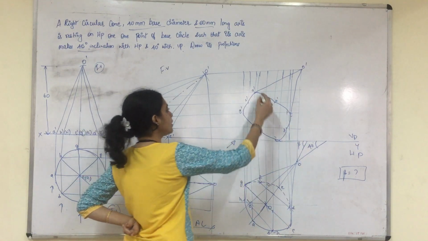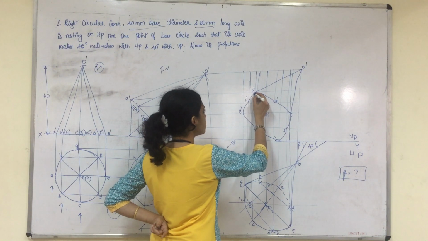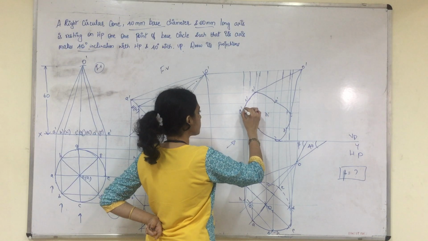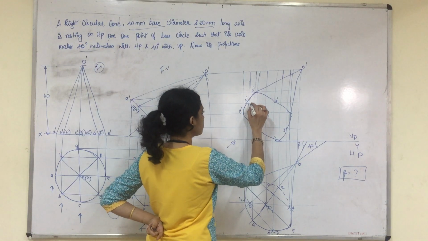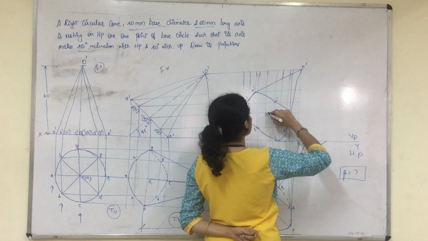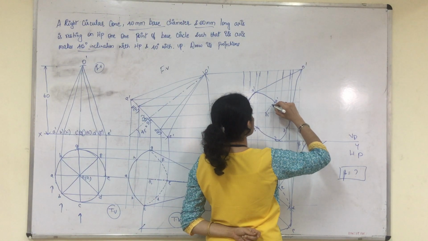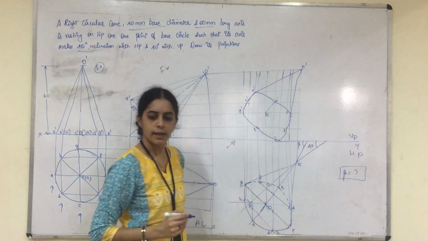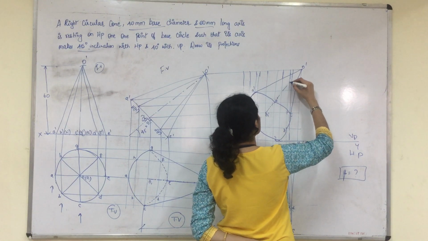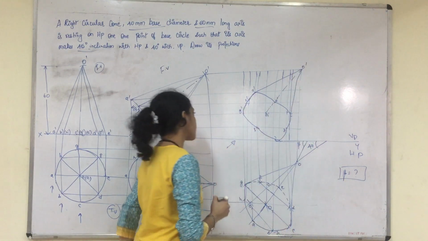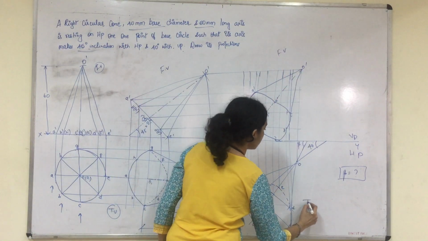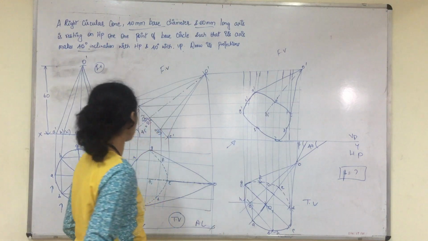So this will be the final view. You have to draw it as a smooth curve. Okay. So from the center O1 dash to O, you will show the axis line. It is passing through inside the surface, so this much you can show as an axis line which is passing through inside the surface.